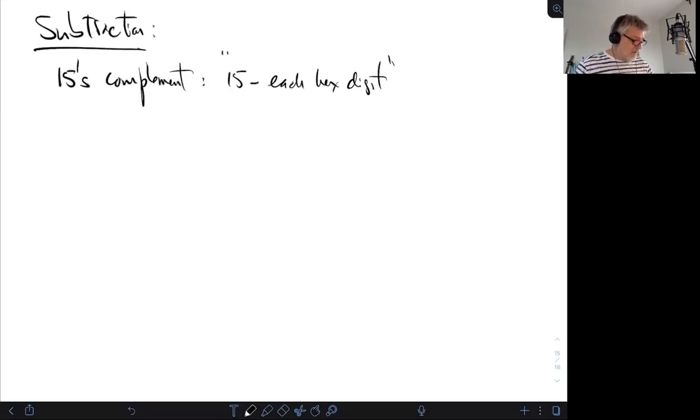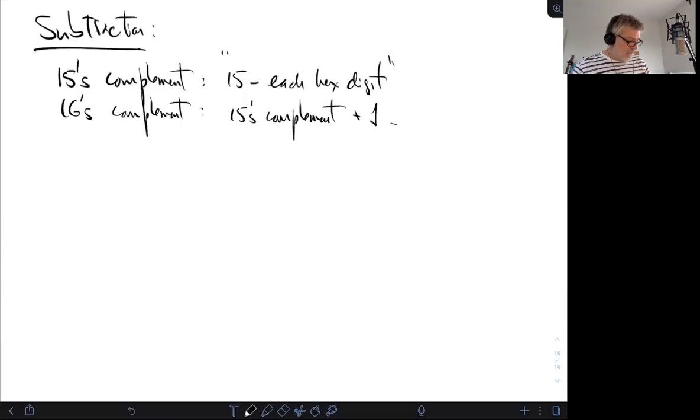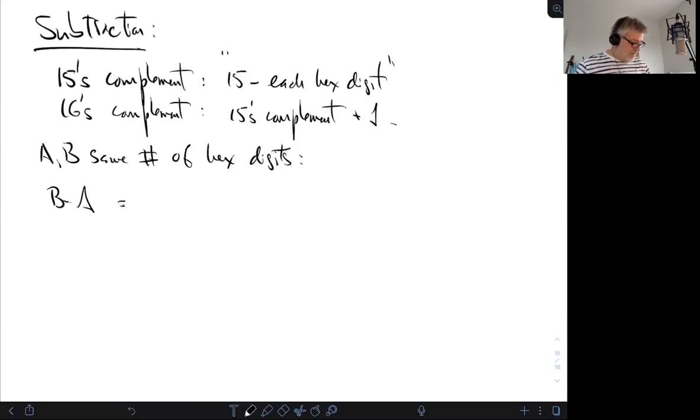Okay, that's the recipe. What's the 16's complement? Same thing. It's the 15's complement, and you add 1. Right? And how do you subtract if A and B have the same number of hex digits? What do you do to compute B minus A? It's the same thing. B minus A will be B plus the 16's complement